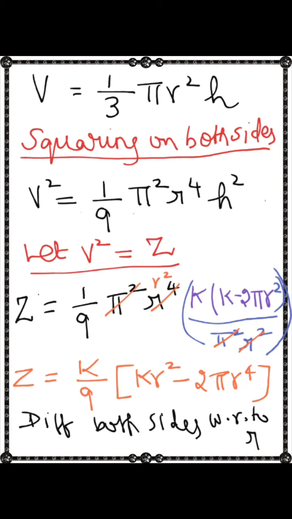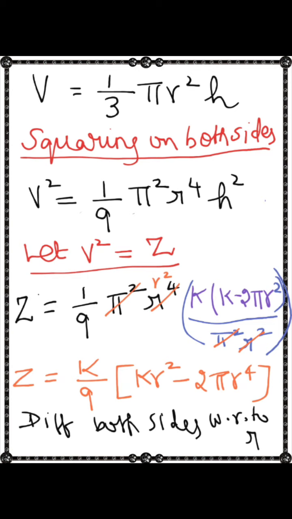And we are writing the volume formula. Since we have h square, normally if we square the square root, both will cancel, isn't it? So for that purpose, I am just squaring on both sides in order to avoid the square root problems. So v square is equal to, since the right side everything is in product, we don't need to worry, just square all the terms.